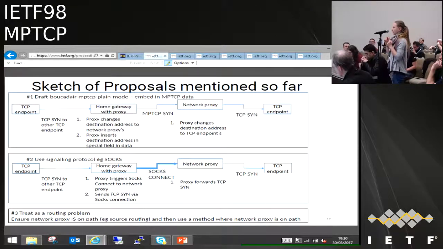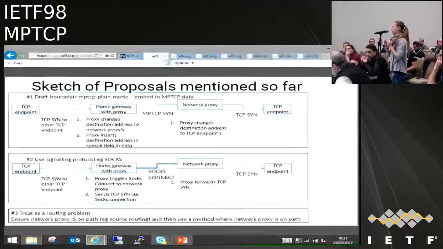If we think option 2 is something to work on, I don't think there's actually work for this working group. It would be somewhere else, but the same people could do the work. It wouldn't be here. And if we want, as this group, to work on option 3, then I